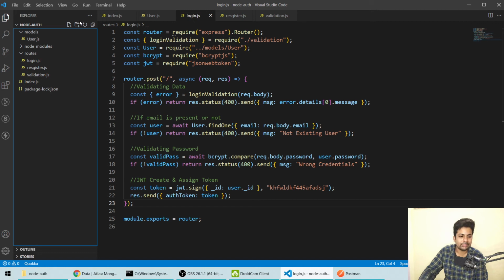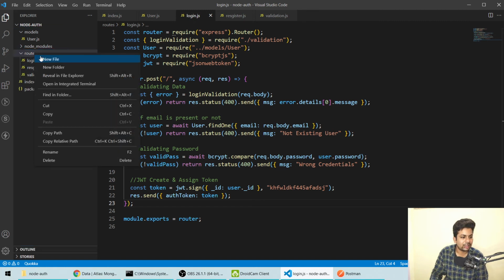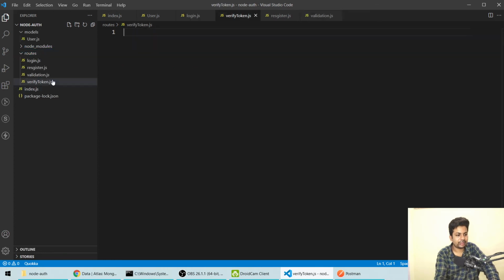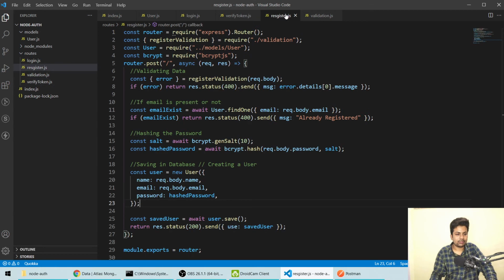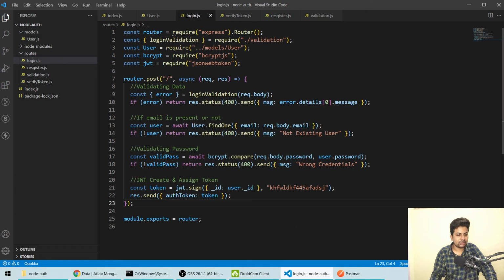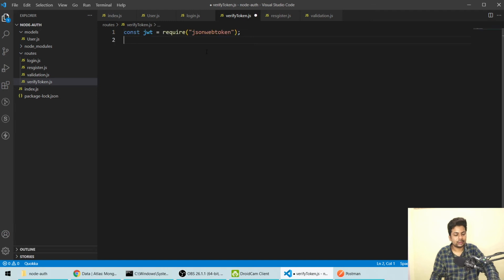For the middleware, we'll go to routes and create a new file, and we'll call it verifyToken.js. Now, where is login? Yeah, we'll just use JWT.